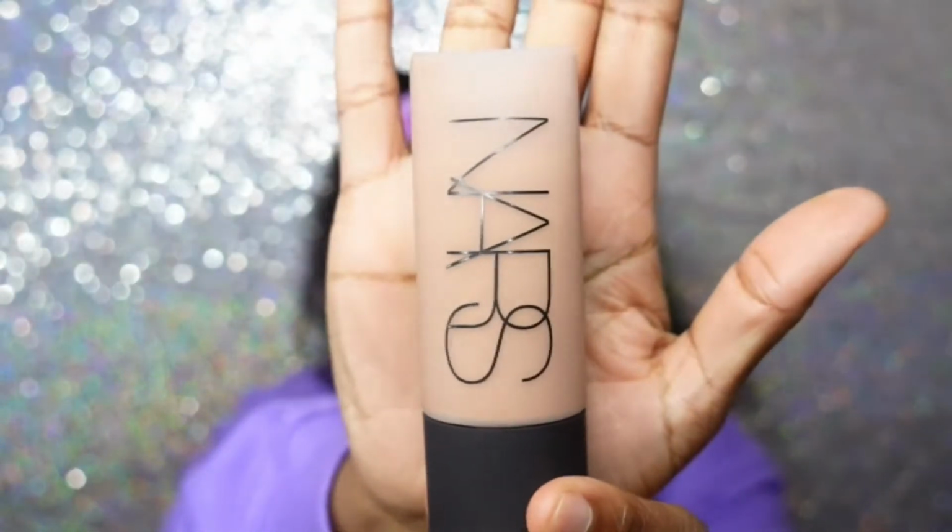So let's get into what I am currently wearing on my face. So I bought this foundation on a whim because I was initially looking to get color matched for the dewy moisturizer Fenty foundation, and for some reason the color that I am in the matte one didn't match the hydration one, and it was really a weird color. So the girls in Sephora directed me towards NARS. So this is what I have on, and y'all,